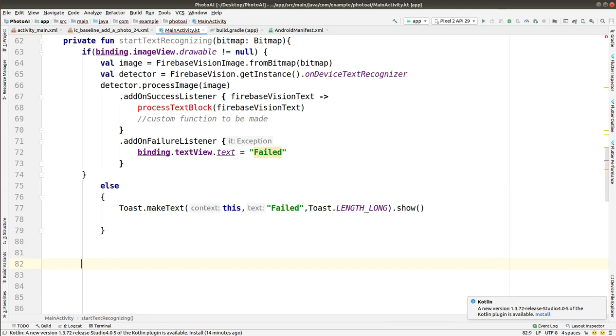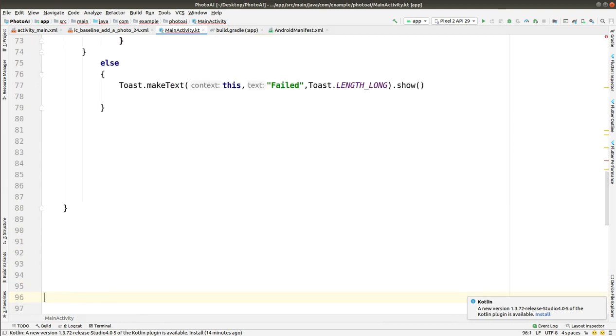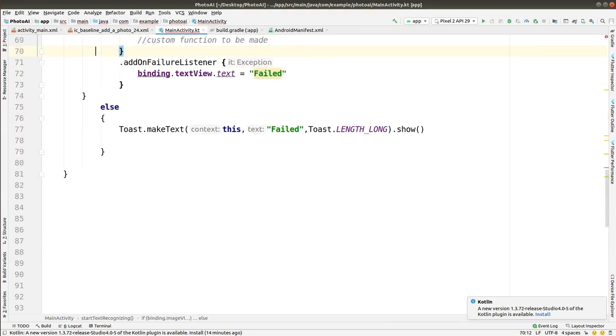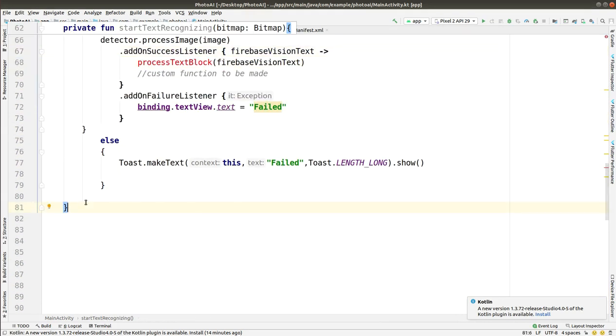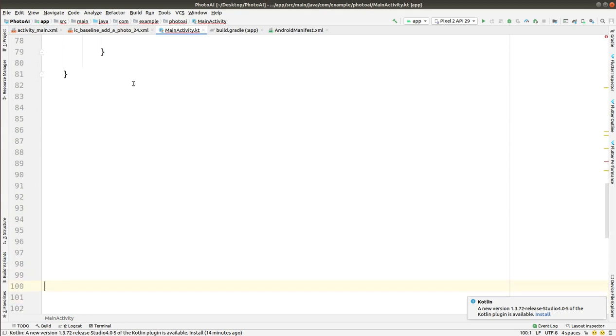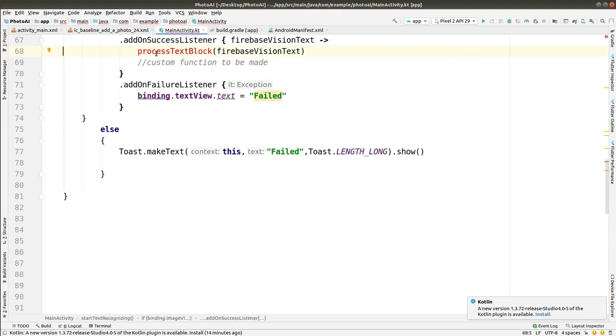Okay, so here this function completes. Let me find the end of this function. Yeah, it is the starting point and end point. The mapping of these braces is necessary after you write a function or a block of code.